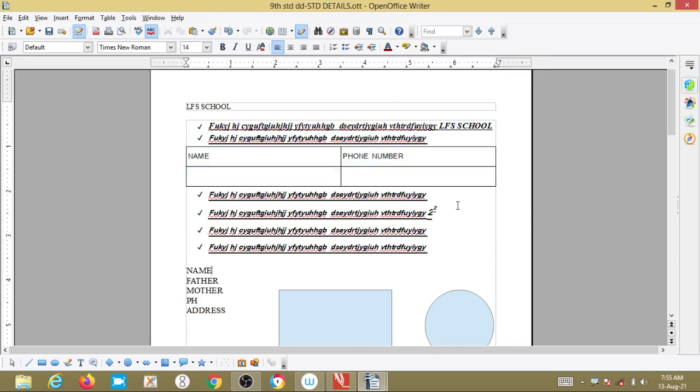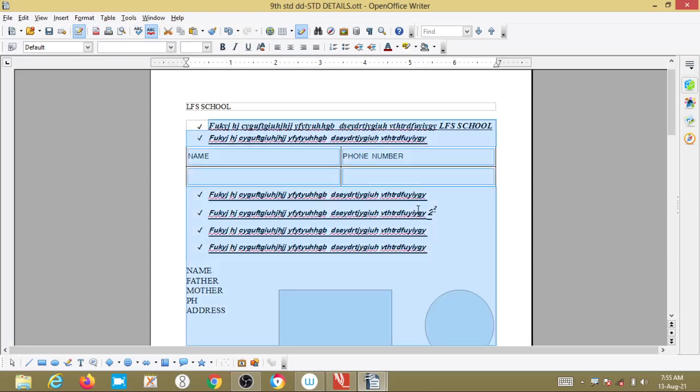Then Control A we use to select the complete document we have written, except header and footer. Whatever document we have written on this page will be selected when you press Control and A. It is not selecting anything from the header and footer. What we have written there will stay as it is. The remaining things, while explaining the practical sessions, you will come to know in detail about each and every application of the menu. So this completes your first session.